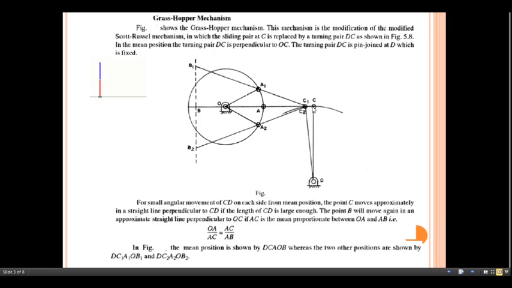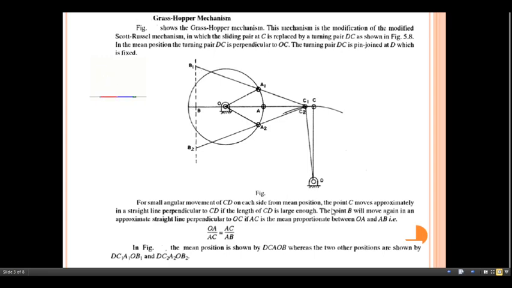Okay, if I consider this the mean position, then A1 will come at A, and at the same time B will remain at the B point. So whenever the displacement is given to this link CD towards the left side, automatically the A point starts moving from A to A1. At the same time, B will start its movement in the upward direction and reach point B1. In the reverse direction, if I give the movement, the whole mechanism is shifted towards the other side. In this way, if you focus on the B point, the path followed by B is an approximate straight line path.